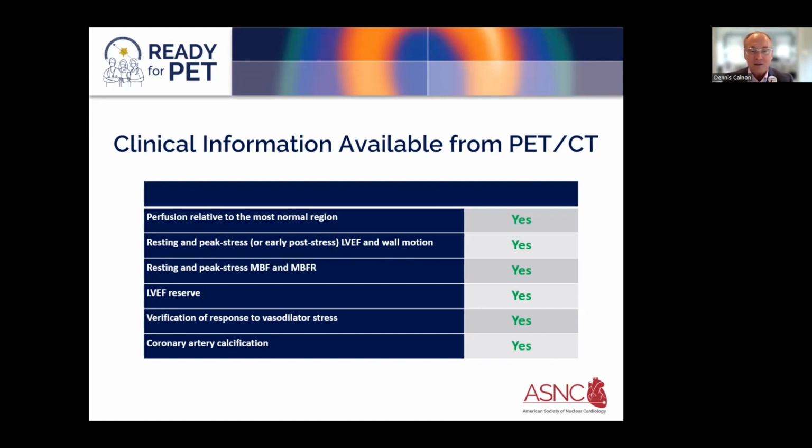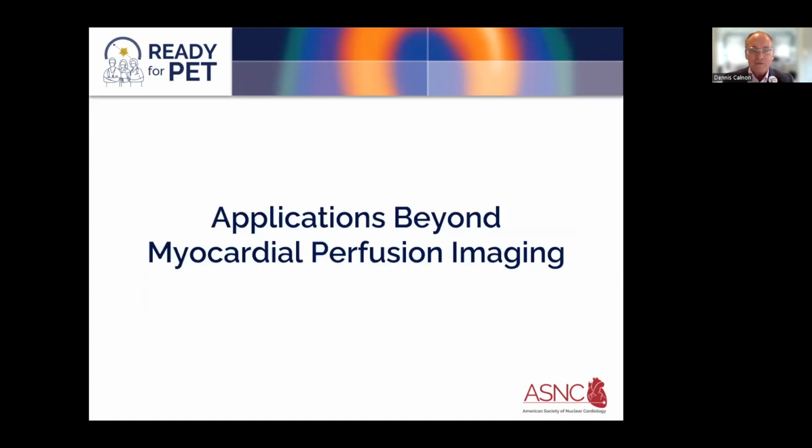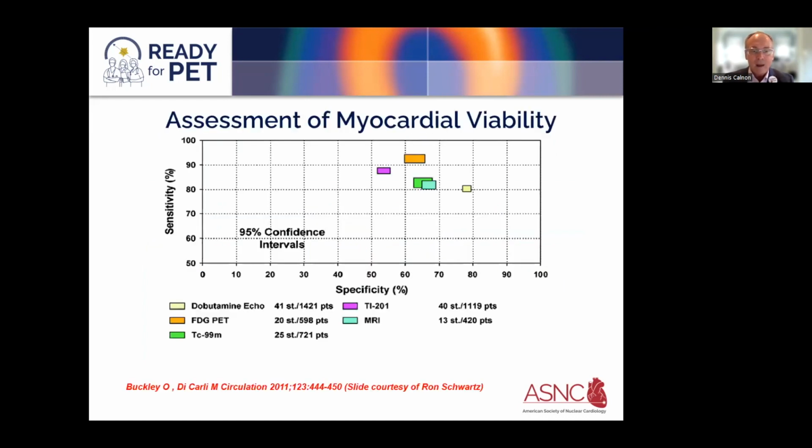So lots and lots of information provided with modern cardiac PET imaging. Let's just talk briefly about some of the applications beyond myocardial perfusion imaging. One of these is, of course, the assessment of myocardial viability. For many years, cardiac PET imaging with FDG metabolism assessment has been considered really a gold standard for the assessment